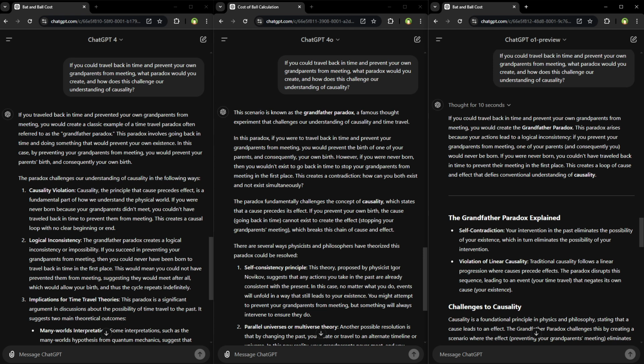Next question was, if you could travel back in time and prevent your own grandparents from meeting, what paradox would you create, and how does this challenge our understanding of causality? All three answers correctly explain the grandfather paradox and its implications for causality, but they vary in depth, clarity, and